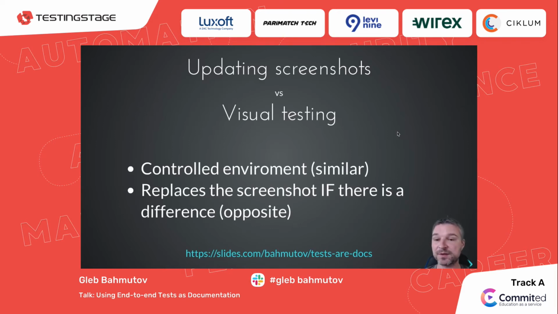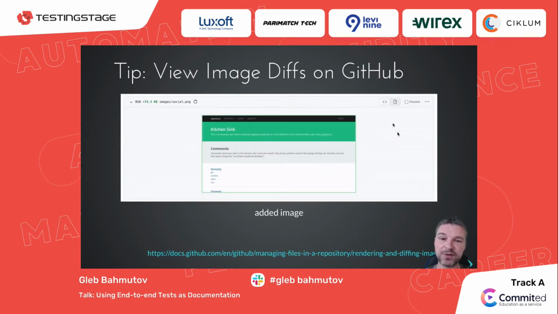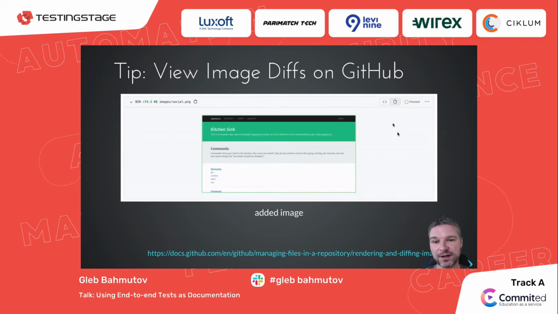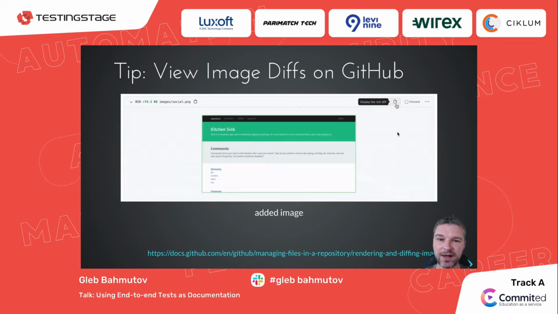If the screenshots are the same, we do nothing. If the screenshots are different, then we commit the file. GitHub now has a pretty good UI for showing changed PNG files, but you have to enable it. If by default you're showing the split diff, like in this case, it only works for code files. But in this case, for example, if I'm adding a new PNG, I have to explicitly click add that file to show the added image.